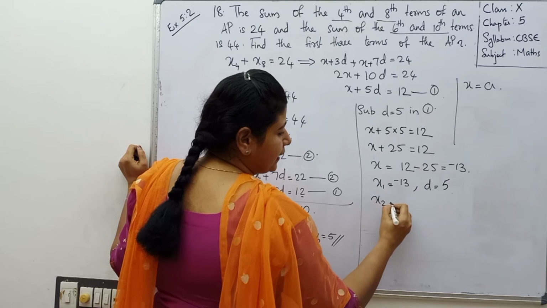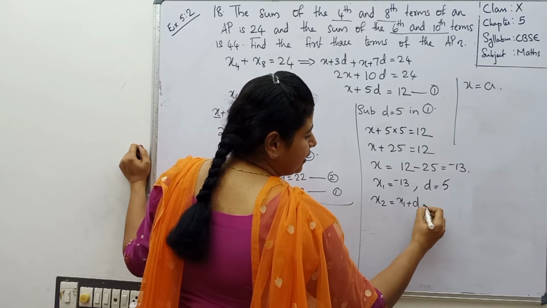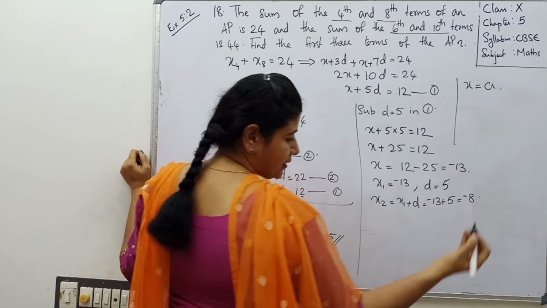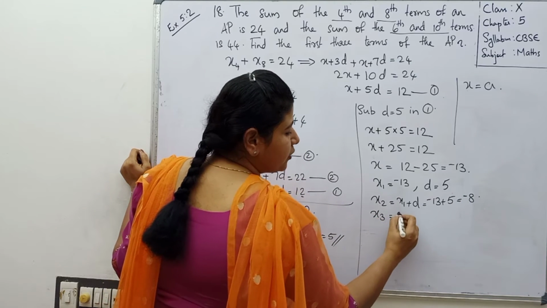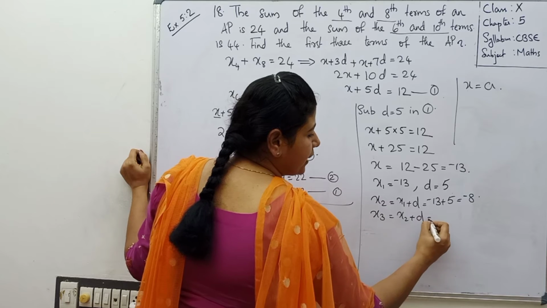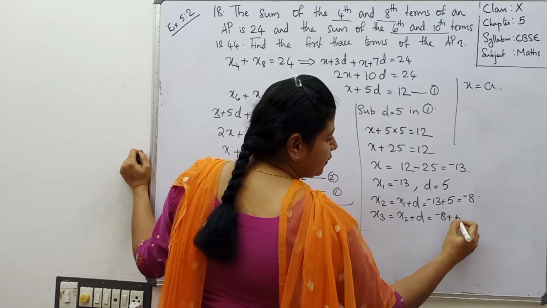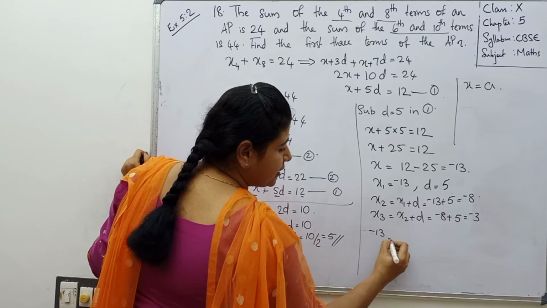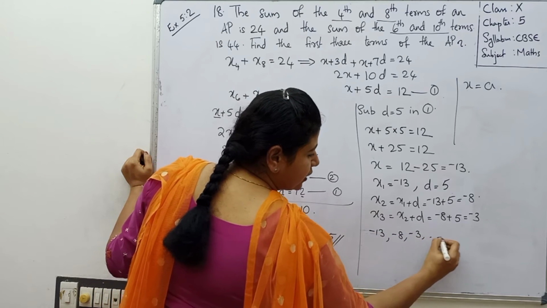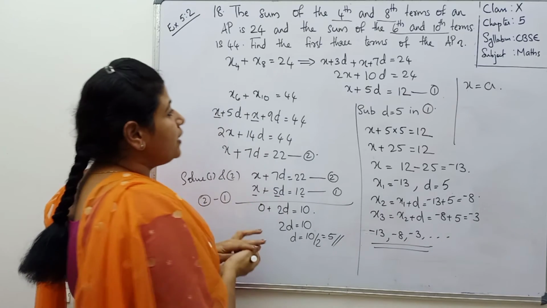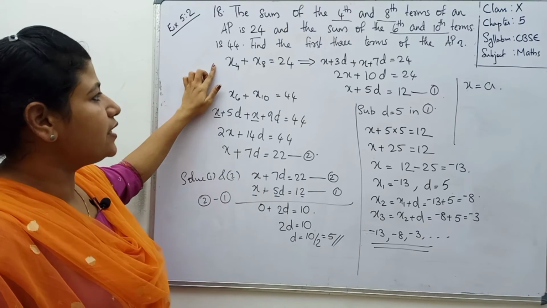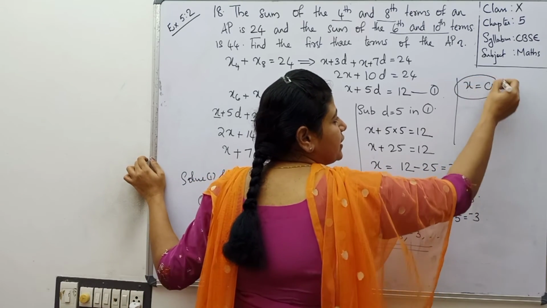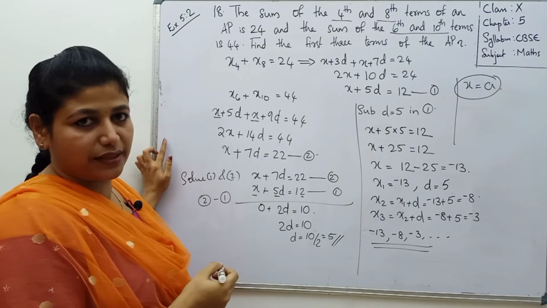So we can write the first three terms, isn't it? How to find out the second term? x1 plus d, which is equal negative 13 plus 5, which is equal to negative 8. And x3 is equal to x2 plus d. That means negative 8 plus 5, which is equal to negative 3. So we have the three terms, negative 13, negative 8, negative 3, etc. Okay, in this case, I took x as a. Okay, just remember that first term I a ക്ക് പകരം x ആണ് യൂസ് ചെയ്തത് കേട്ടോ.